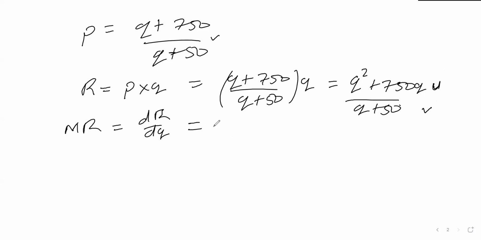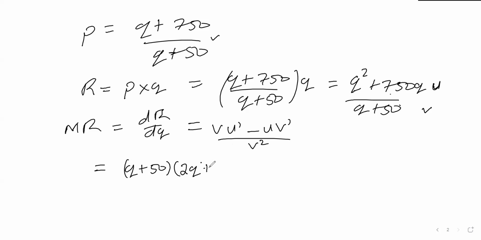The rule says (v u prime minus u v prime) over v squared, which in this case will be: keep the denominator the same, v, then u prime, which is differentiating the numerator term by term. This term by power rule gives us 2Q, plus this term by constant product rule gives us 750,